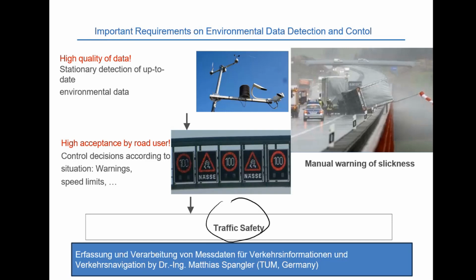Look, you need to understand the two important characteristics. The first is the high quality of the data that will ensure the safe movement, along with the stationary requirement through which we can derive the environmental data within a specific location according to time, according to location, according to coordinates, and then the same data will be conveyed to